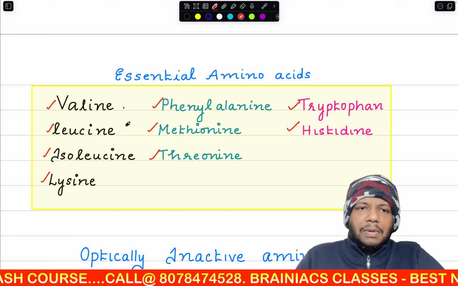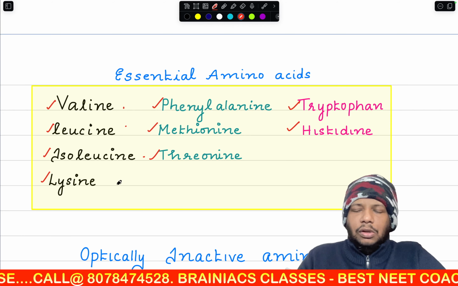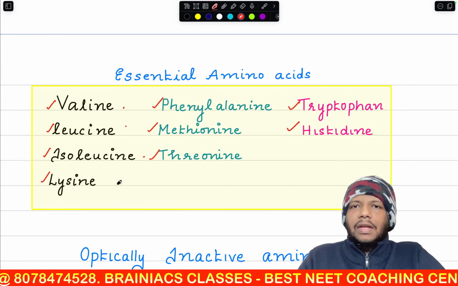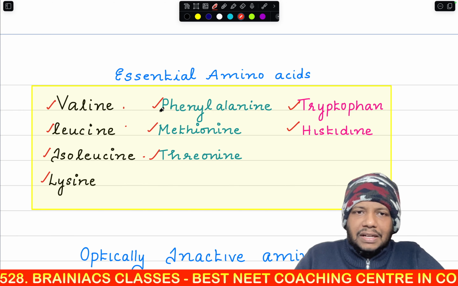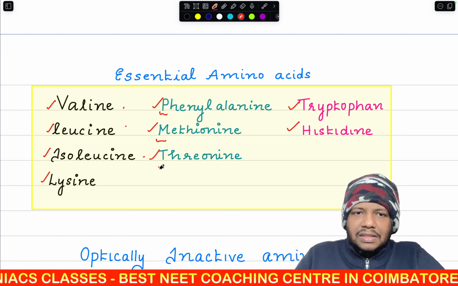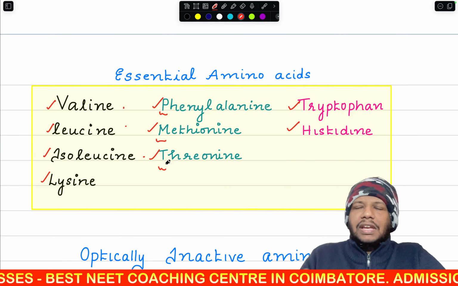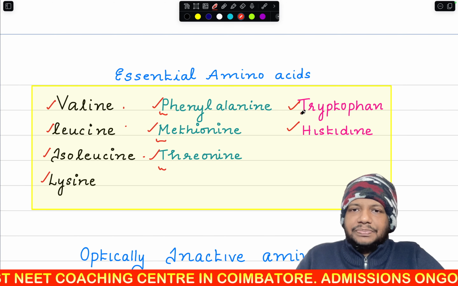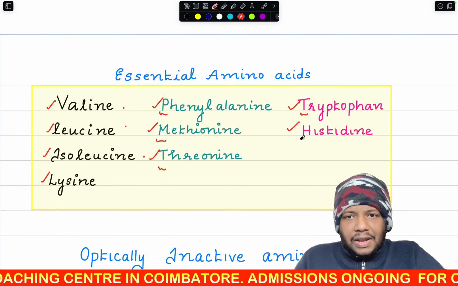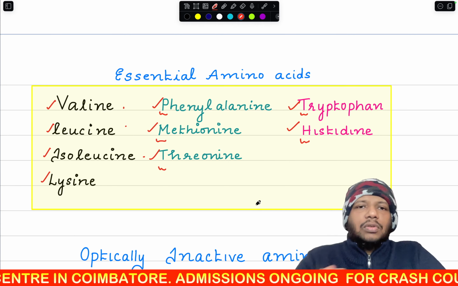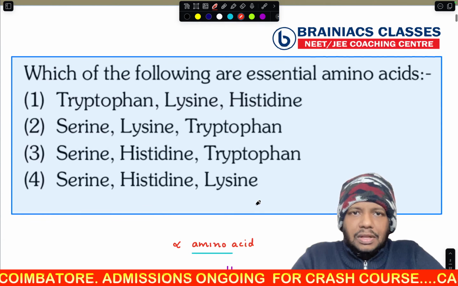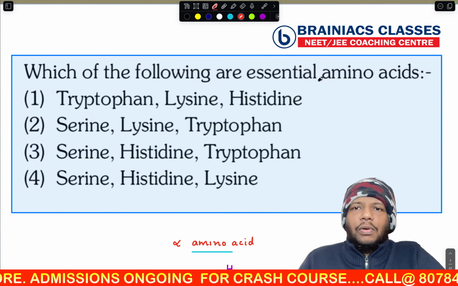These four I will remember in one stretch: valine, leucine, isoleucine and lysine. Then I will remember it like pre-medical test, PMT. That is phenylalanine, methionine and threonine. Then you have TH, that is tryptophan and histidine. Okay, so now if you look at the options, you can see here which of the following are essential amino